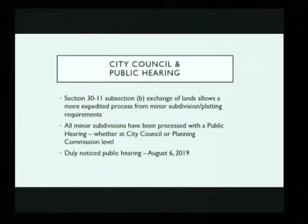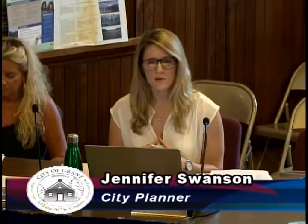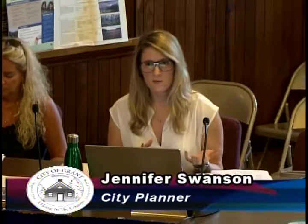The portion of land that's being transferred or exchanged is essentially a piece of property that is landlocked. It has no frontage, so there's no possibility that it would create some kind of new building entitlement from a principal structure perspective. So based on all of that, that is why it's in front of you this evening, as opposed to going through a much longer, more extensive process through the Planning Commission. Section 30-11, subsection B of our subdivision ordinance permits some sections of the minor subdivision process to be essentially bypassed in the event of very simple, straightforward